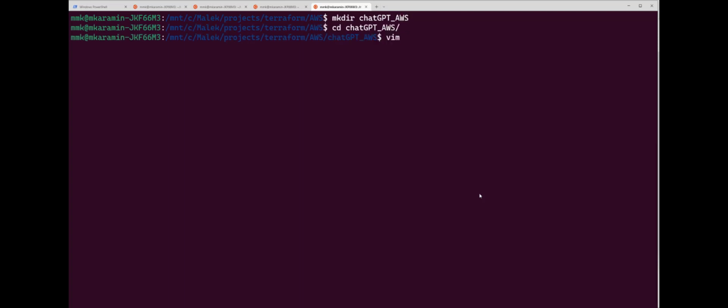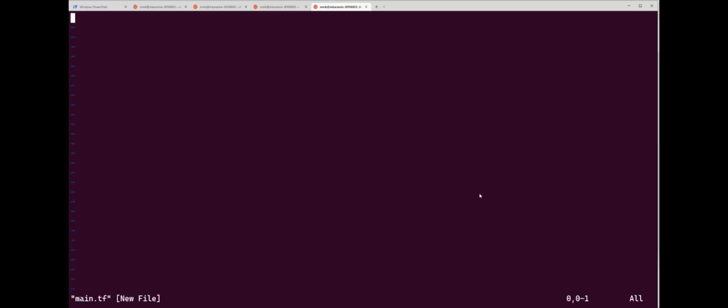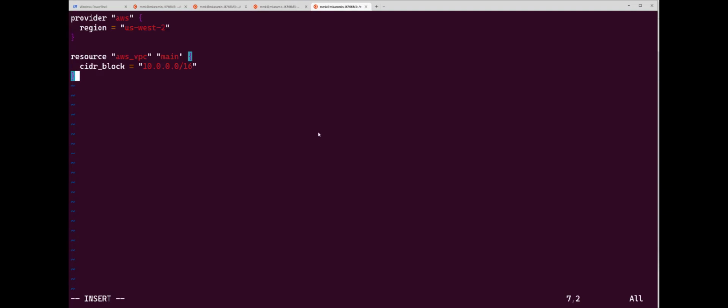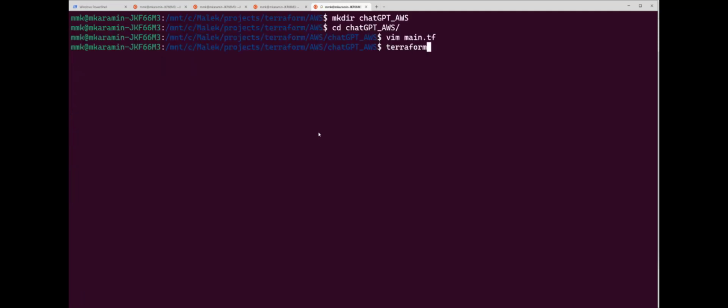Here, create a file called main.tf, and let's copy and paste the code that was generated by ChatGPT. Let's change the region to, for example, US East 1, leave the CIDR block as is, and save it. Terraform init,